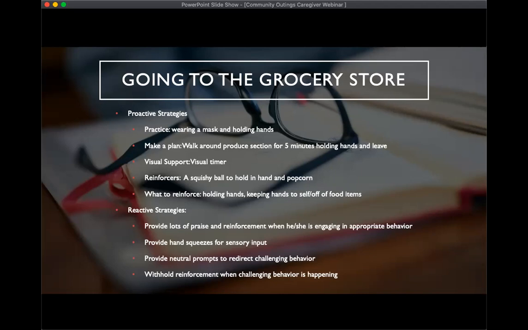So anytime that they are not reaching for food items and they're continuing to hold my hand, he or she can be eligible to have some popcorn and hold the squishy ball. But if challenging behavior does occur, I'm going to provide lots of praise and reinforcement when they're engaged in the appropriate behavior, provide hand squeezes for sensory input non-contingently just throughout the outing.